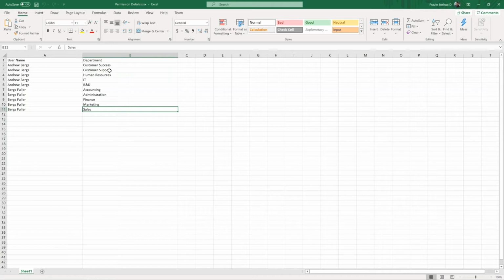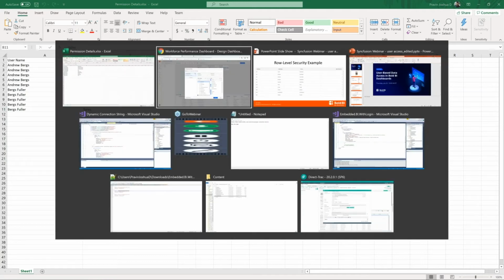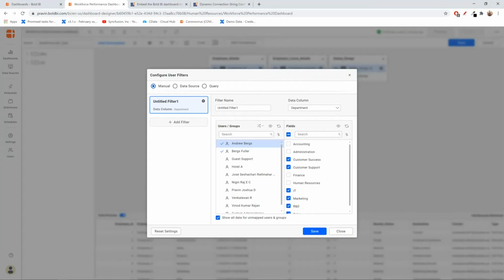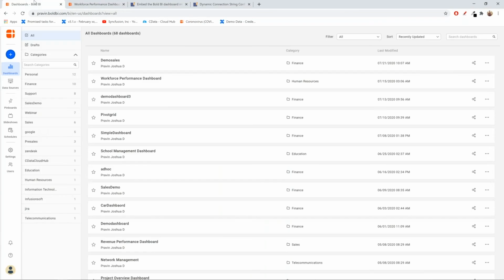You can even have this permission table in your SQL Server, where whenever there is a change in the permission, you can just make those modifications in the SQL Server, and it will be automatically reflected in your dashboard, and you don't have to reconfigure or re-edit the dashboard. Let me show you how this has to be done. First of all, the source could be anything, like an Excel file, SQL Server, or REST API. You just need to create a new data source from it. I have already created a data source for that. So let me take you to the data source panel here.